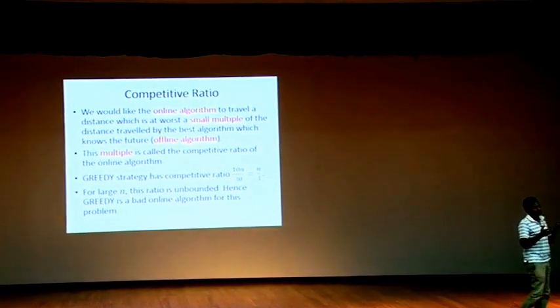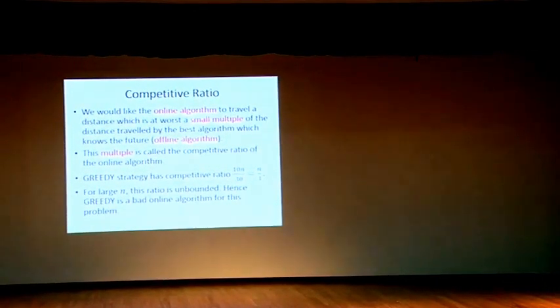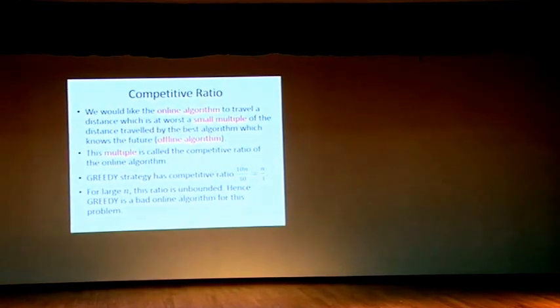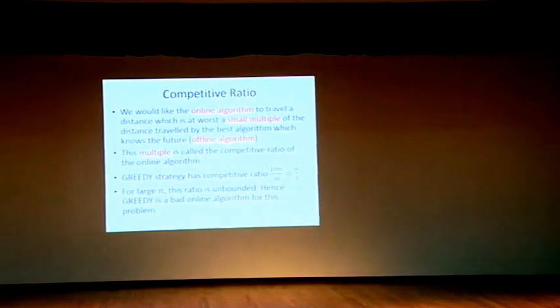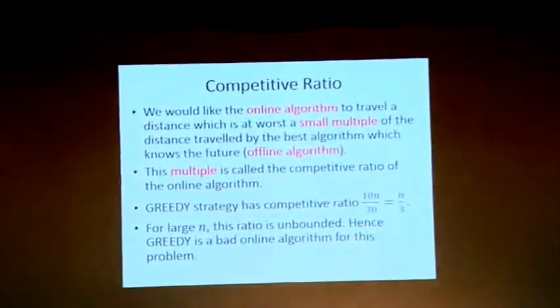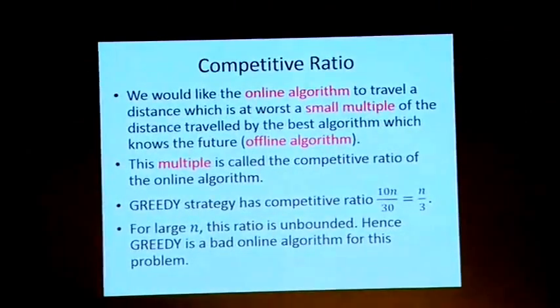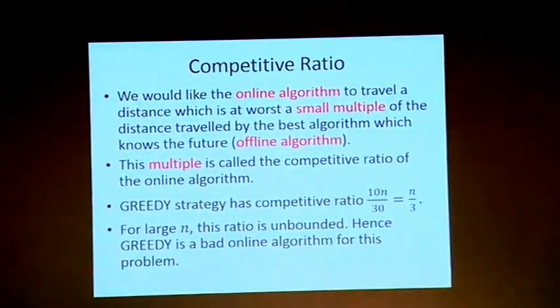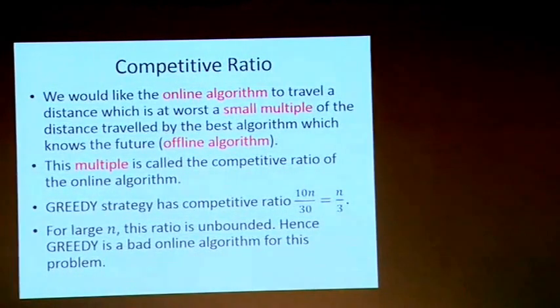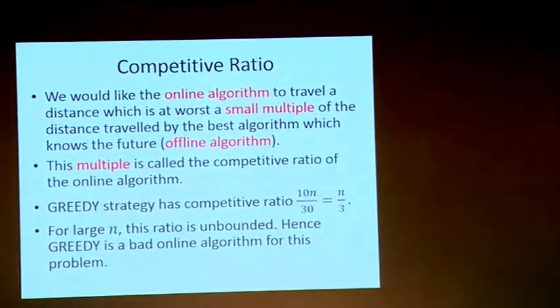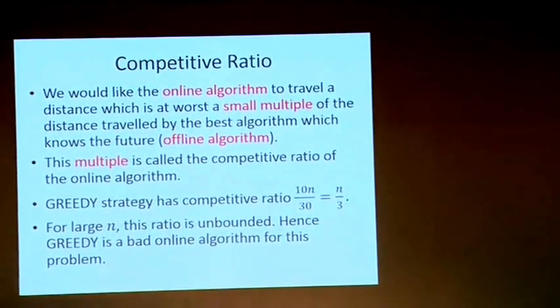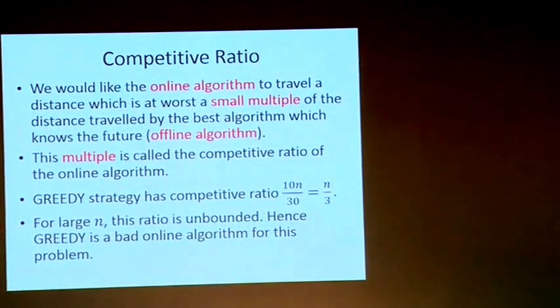Okay, now what do I mean by the best solution? So we call that an offline algorithm. We'll say, suppose I knew all the future requests, right? Then I can compute what is the best way to serve those requests. I'm not worried about the computational aspect. I'm saying, I give you the entire sequence and now you can figure out the best way of serving all of these requests. I want whatever that number is. In that previous example, that number was 30. I would like my online algorithm to serve those requests such that the distance it travels is not much more than 30.